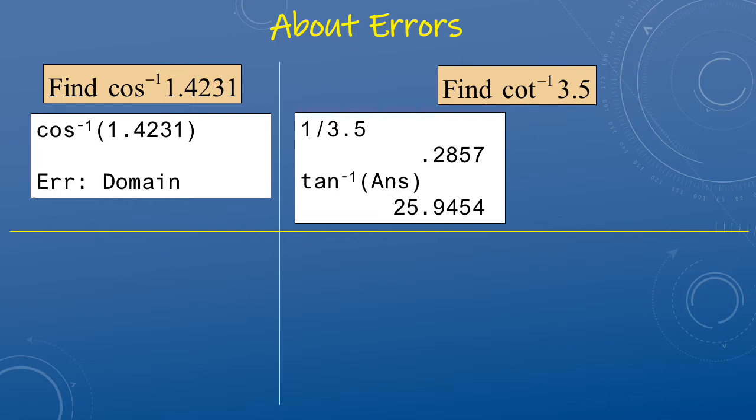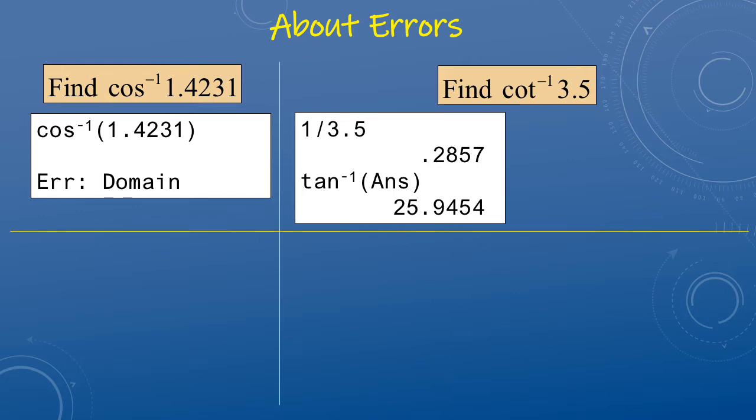But second, if you input the problem incorrectly into the calculator, and the calculator can actually perform the operation, you will get an answer and you will believe it. For instance, suppose you wanted to find the inverse cotangent of 3.5. The way to do this is shown on the screen. We cannot take directly the inverse cotangent, but we can take the inverse tangent. So we take 1 divided by 3.5 and get 0.2857. Now we can take the inverse tangent of that answer, getting